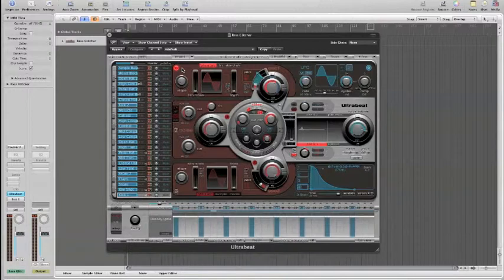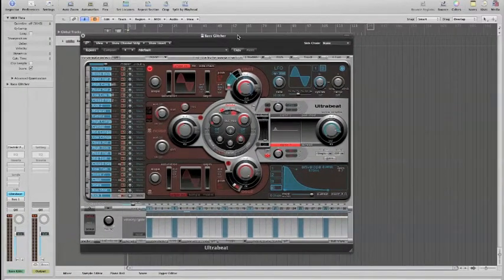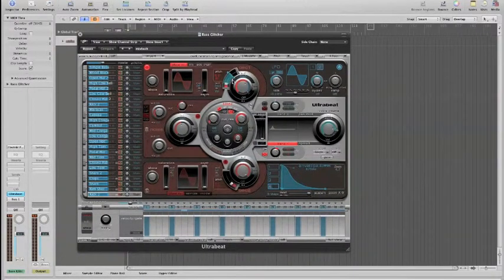Today, I'm going to be demonstrating a simple trick in Logic's Ultrabeat drum machine instrument. And this trick allows you to take audio samples and create cool, glitchy, chopped sequence patterns out of those very quickly. And to do this, what we're going to want to do first is take Ultrabeat and clear out all